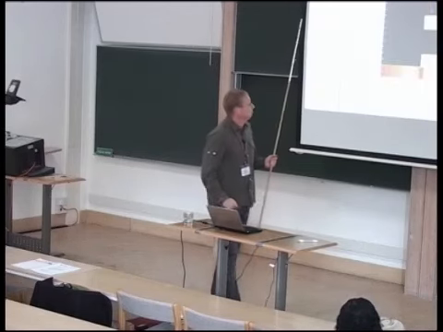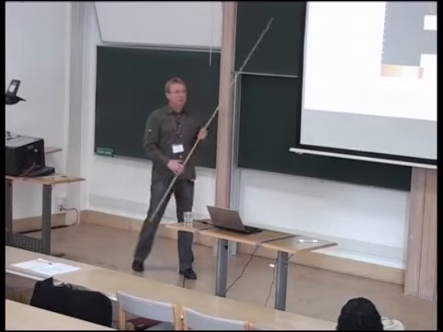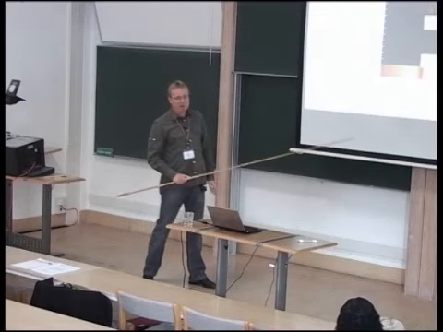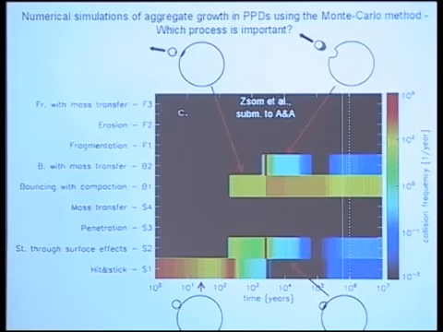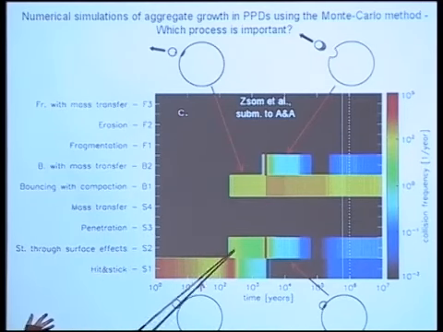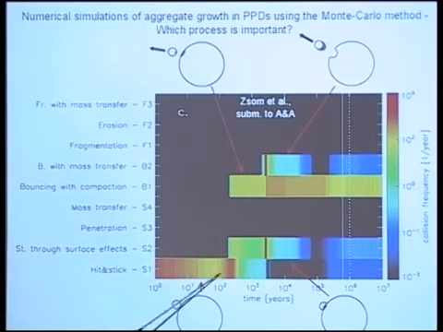And from the 9 processes we've investigated in paper 1, only 4 are important. That's a disappointment if you do a lot of work in the laboratory. But this is also a learning curve. So I'll show you a little later that from the Monte Carlo simulations, we do learn which experiments are interesting to perform next. So we won't do experiments on S3 and S4 and all these Fs here, but we will concentrate on these things. So only hit and stick in the beginning.